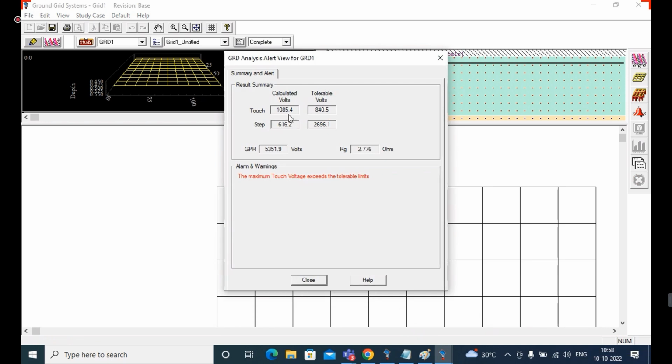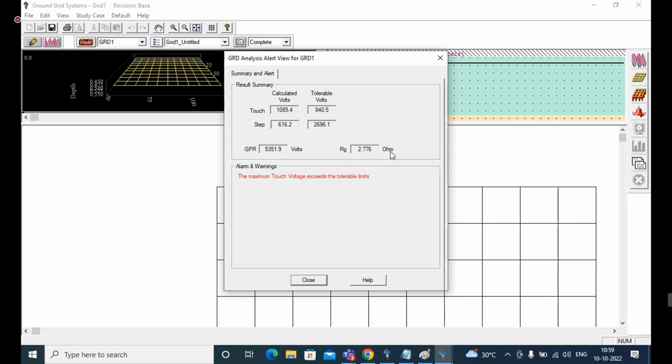Can you see here, using IEEE 80 2000, the tolerable limit values are: touch potential 840.5, step potential 2696.1. Step potential comes under the tolerable limits, but touch potential exceeds. It indicates that the maximum touch voltage exceeds the tolerable limits.